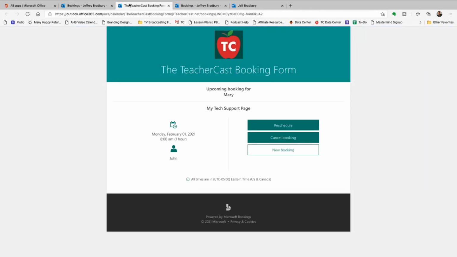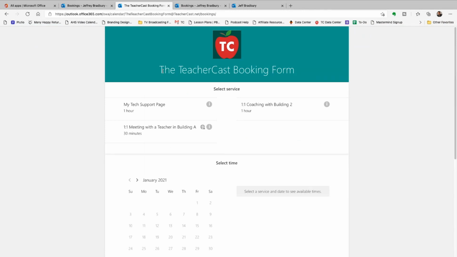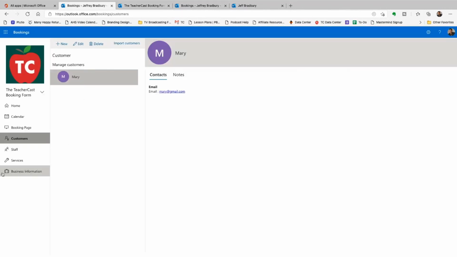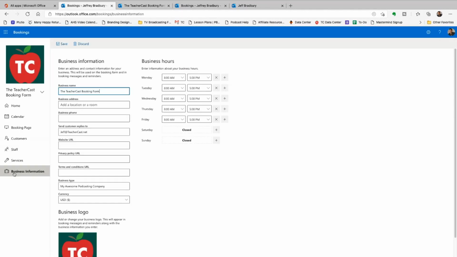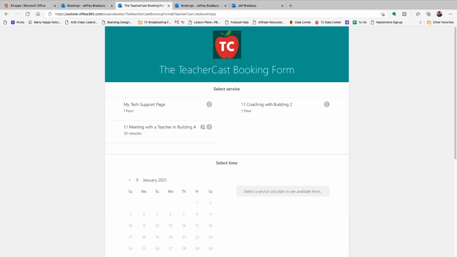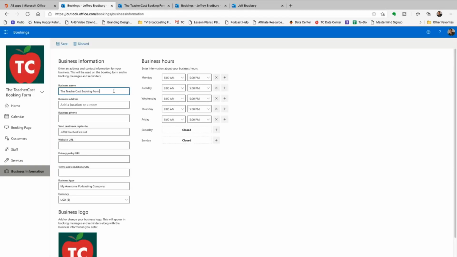So the question now comes, if we have this booking page, how do we change it? How do we make it look a little different? I'm going to come back in here to the dashboard. I'm going to look at business information. Notice here it says business name, the TeacherCast booking form. That's exactly what it's being shown here. So what I'm going to do is I'm going to say,